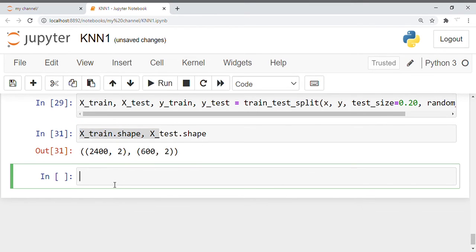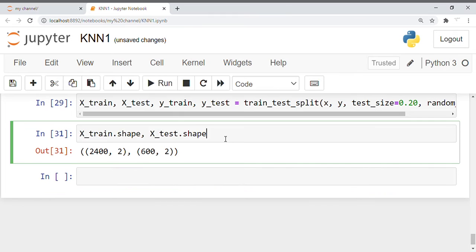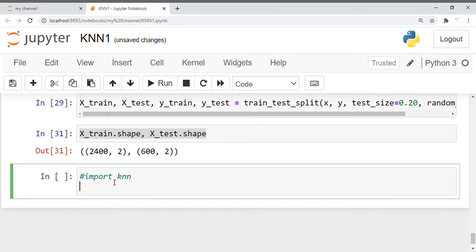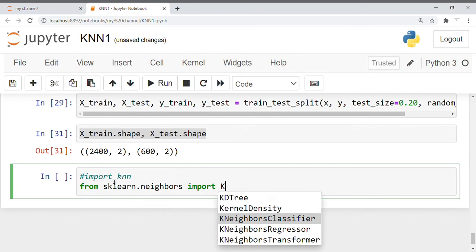Now further I go, keeping this X train and X test, I simply use my k nearest neighbor algorithm. Okay, let us try to import KNN. I simply say from sklearn dot neighbors, from the family of neighbors, I import k nearest neighbors.